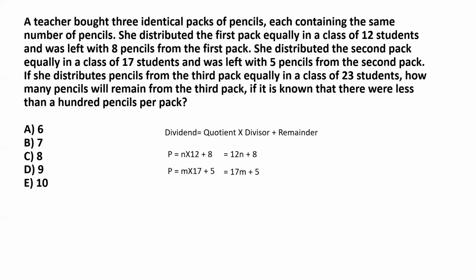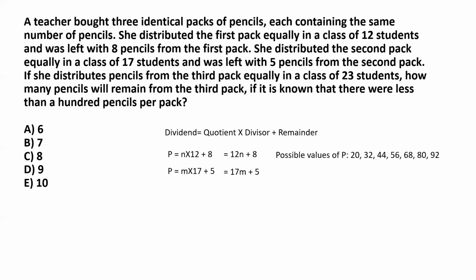So what are the values that P can take from the very first equation? Well, for that we just substitute n equal to 1, we get P equal to 20, n equal to 2, we get P equal to 32, n equal to 3, we get P equal to 44, and so on. And as we keep on substituting integer values of n starting with 1, these are the values of P that we keep on getting: 20, 32, 44, 56, 68, 80, 92, and that's where we stop,